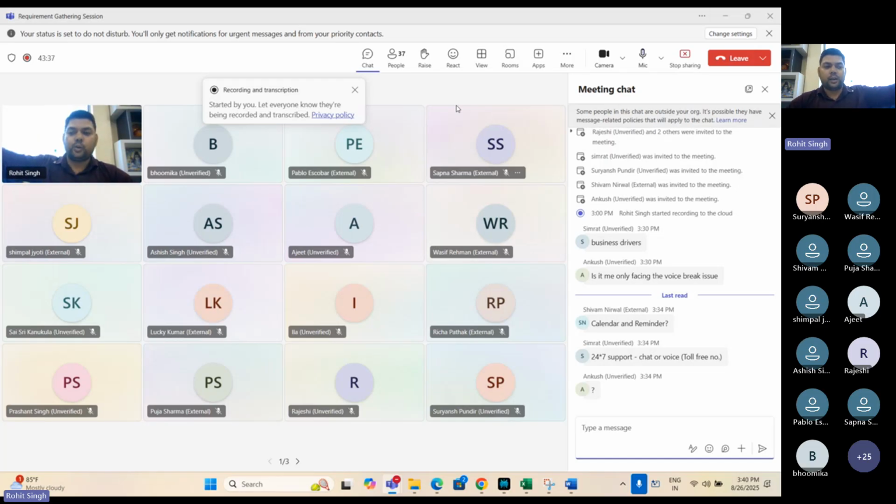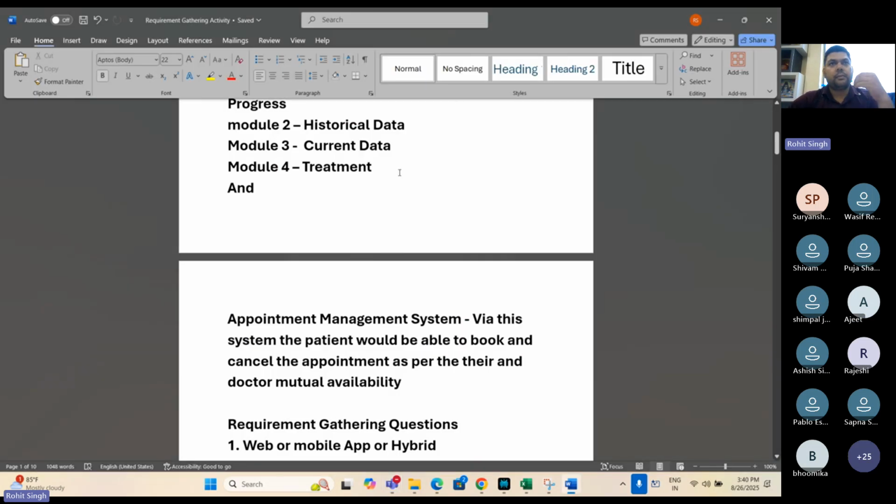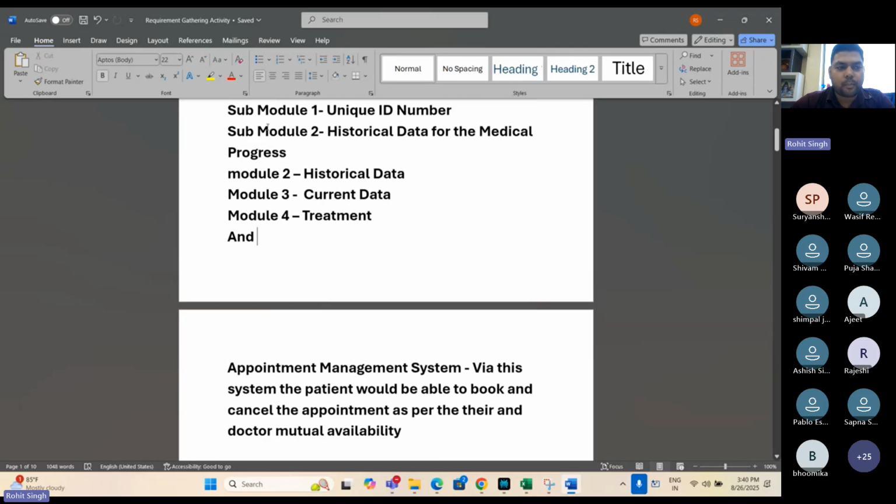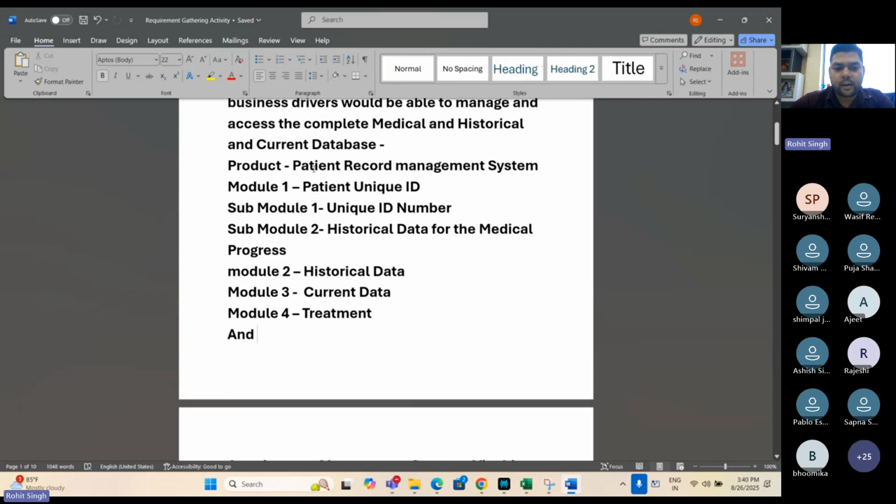Then we are going to do the project planning, product backlog, sprint planning. Then, as Sapna said, we will include the transport, food management. Then we will further do the work breakdown structure. Right now, if you're looking at my screen, let's pretend MS Word is an appointment management system. So we are discussing file, home, insert, draw, design, all these things. So we are discussing sub-modules, if the patient record management system is MS Word.